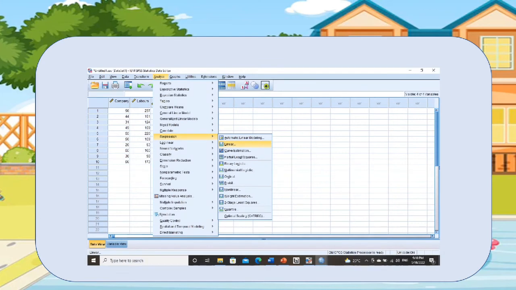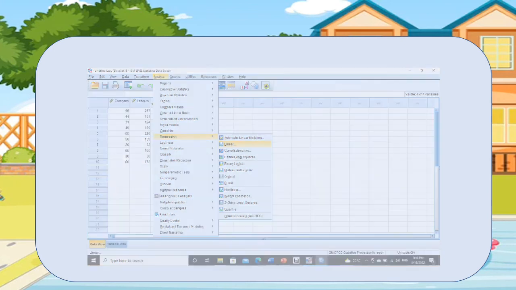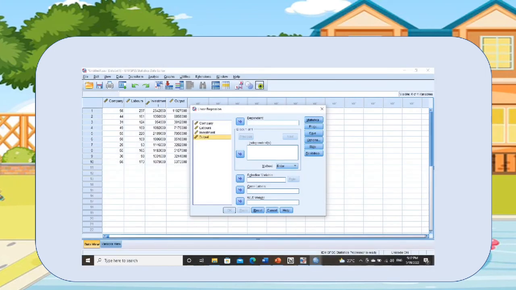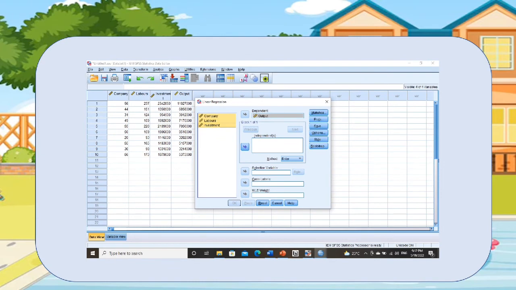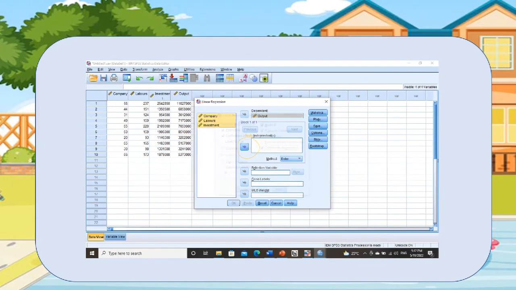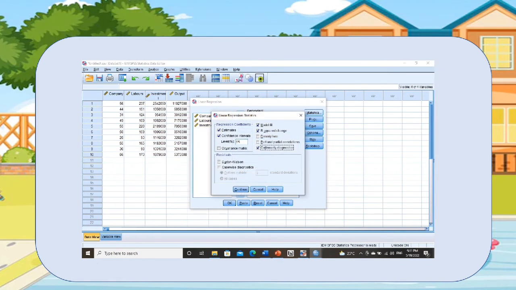Next, click Analyze, Regression, and go to Linear. Choose your dependent variable and click this button. Choose your independent variable and click this button. After that, you can click this button and check what needs to be checked.